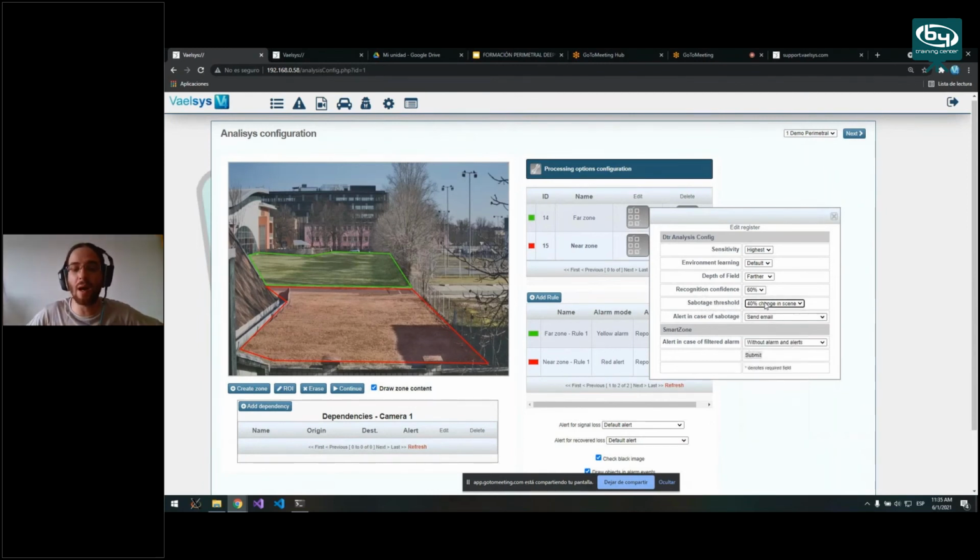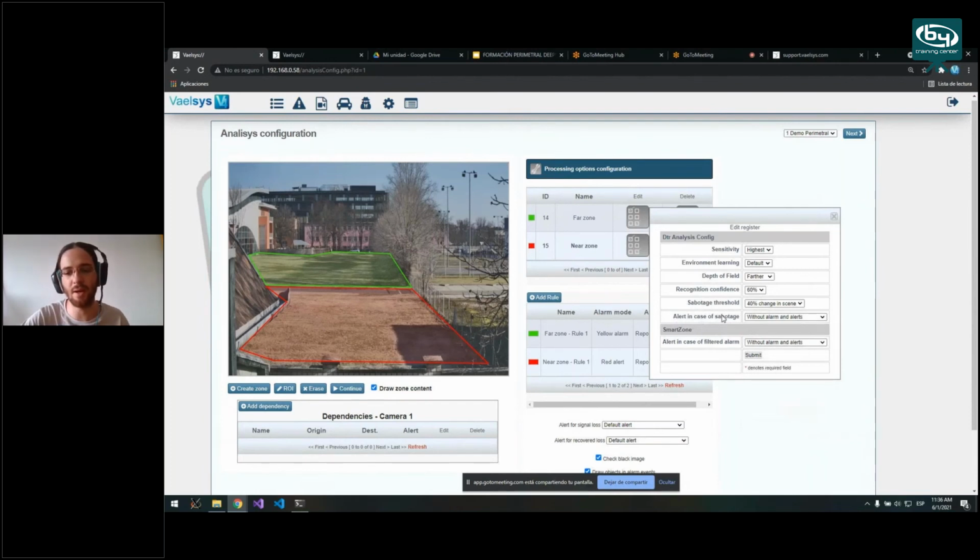So I want to avoid any sabotage triggering. So I could set the alert in case of sabotage to without alarm alerts, so the sabotage will be completely ignored